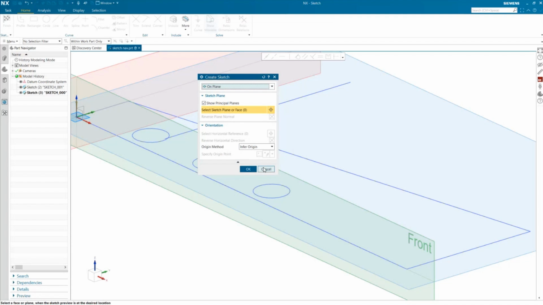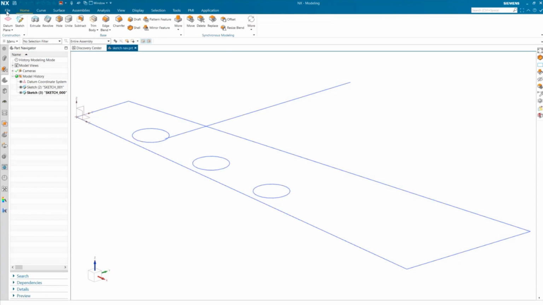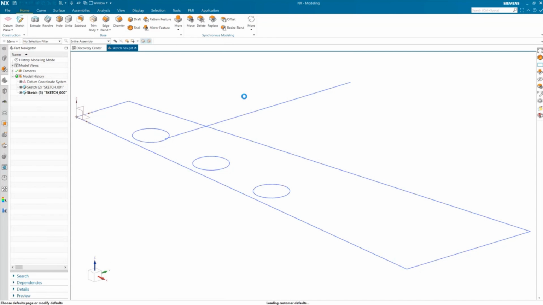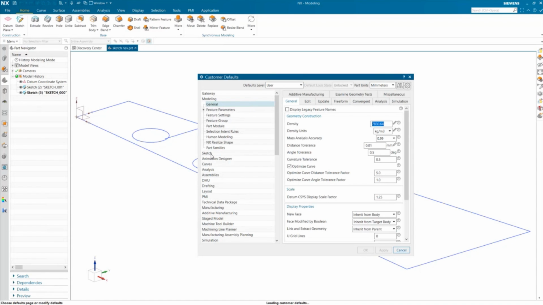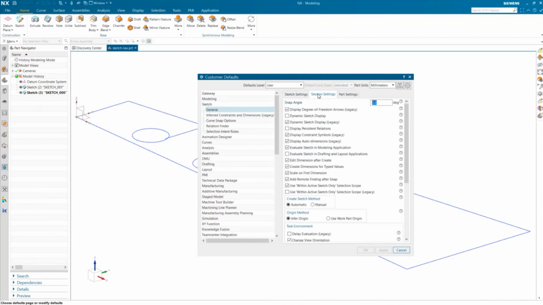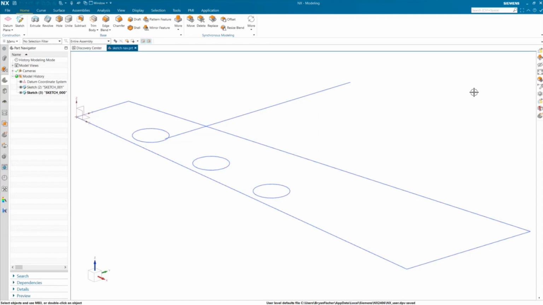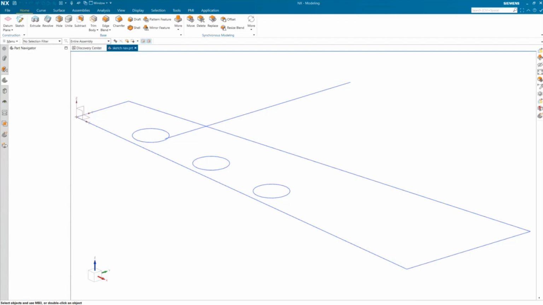So what we would need to do, if you prefer the other method, is go into your customer defaults, go into sketch, and in the session settings right here, you have a manual. Of course, with anything that you do in a customer default, you're going to need administrative rights, so your administrators may have to do this. Also, once you set it, you have to get out of that session and come back in. So I'm going to say OK to this, and I'm going to get out of NX real quick. And why I'm getting out of NX,